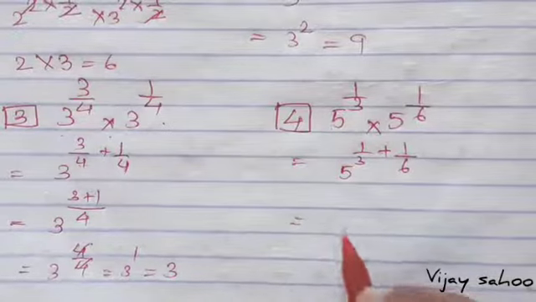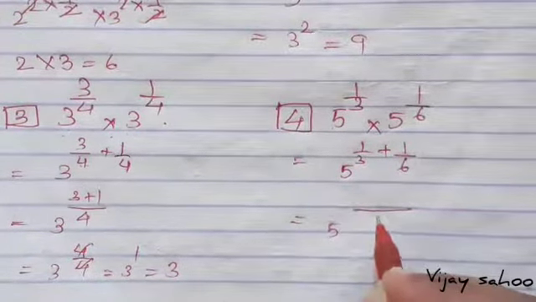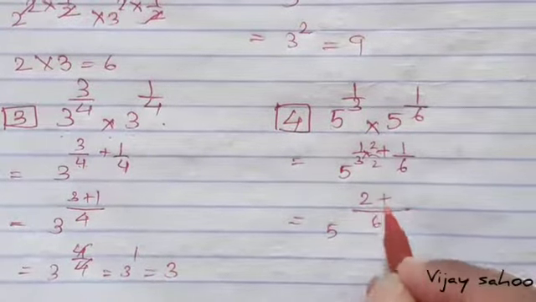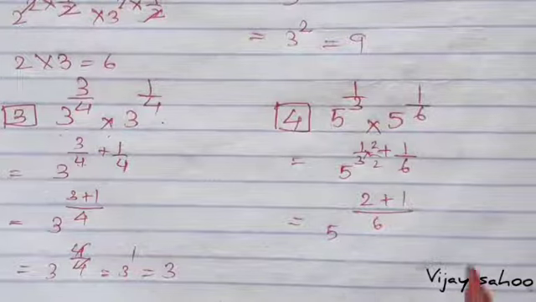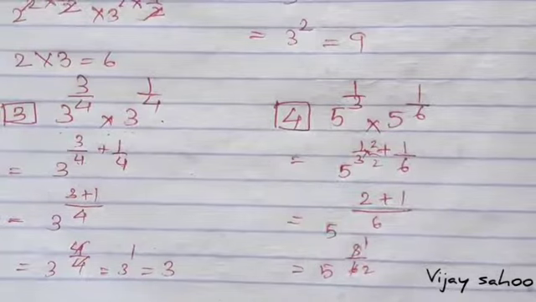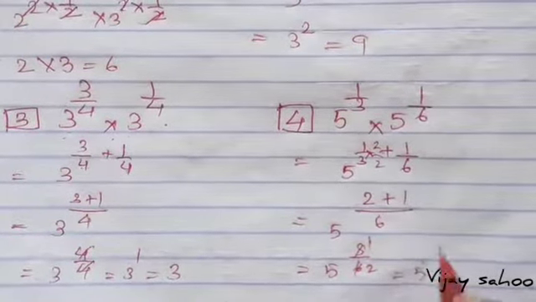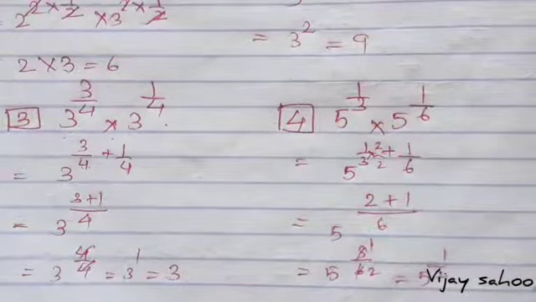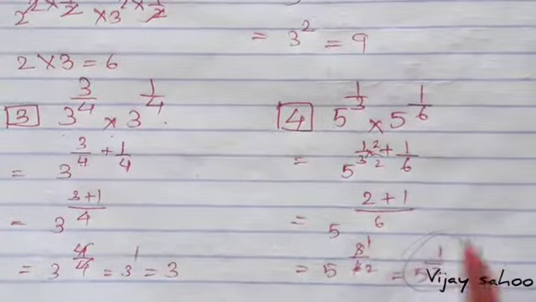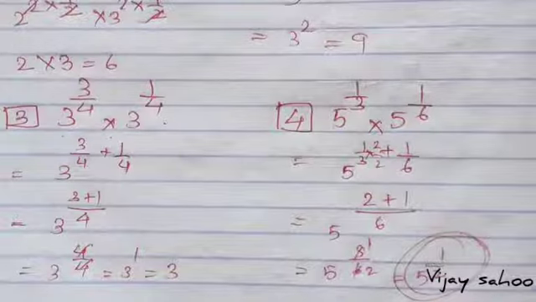Now can I take the LCM over here? The LCM will be 6, so the first term will be multiplied and divided by 2. So now here it will be 2 plus 1, so it can be written as 5 power 3 by 6. If I cancel it, it will be 1 upon 2. So your final answer will be 5 power 1 upon 2. If cancellation is possible, then you have to do it. If not, then whatever the final answer is, you can keep it as it is. Here we don't know how we can write it in another form, so we'll keep this answer as it is. So your final answer will be 5 power 1 upon 2.